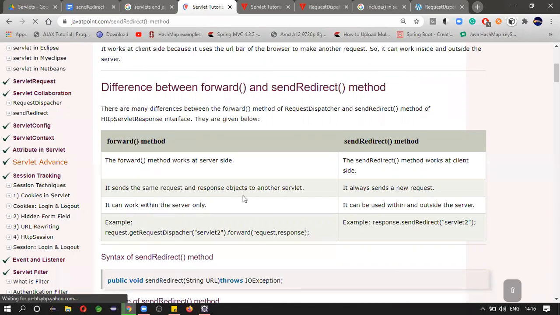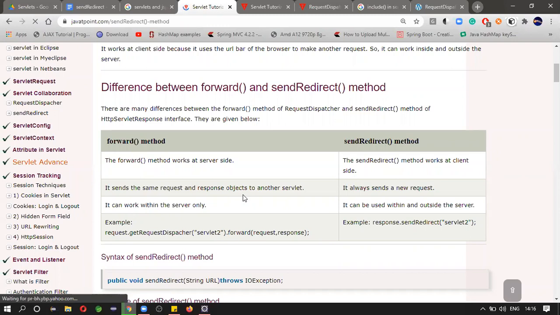First of all, why are we using the forward method? Forward method is used to transfer the control or give the request to another resource. That resource can be HTML, servlet, or JSP.